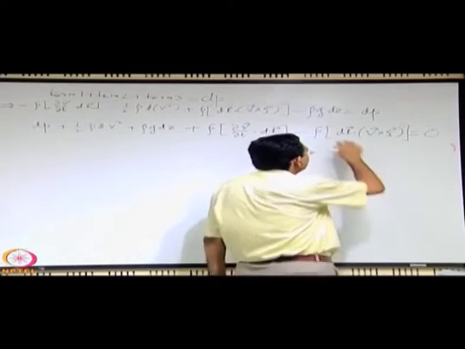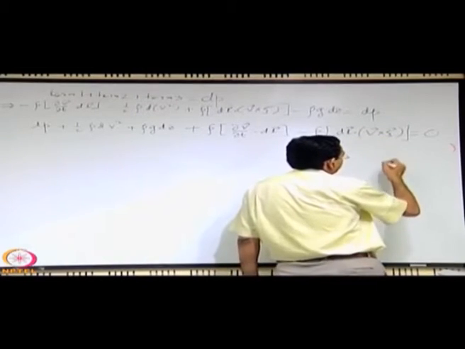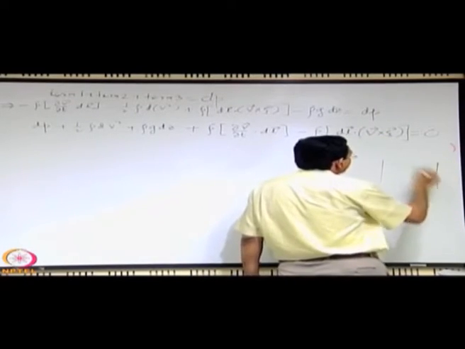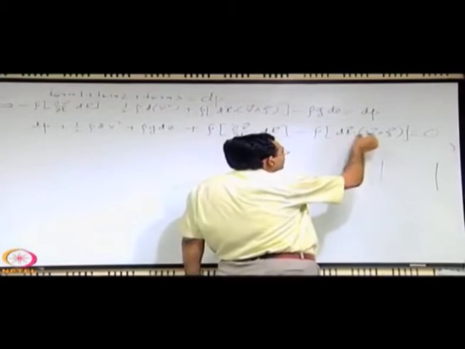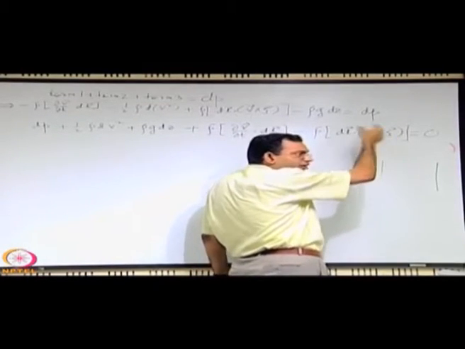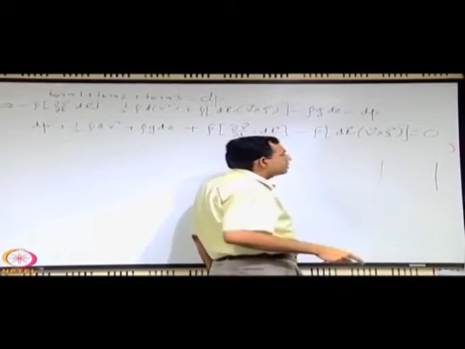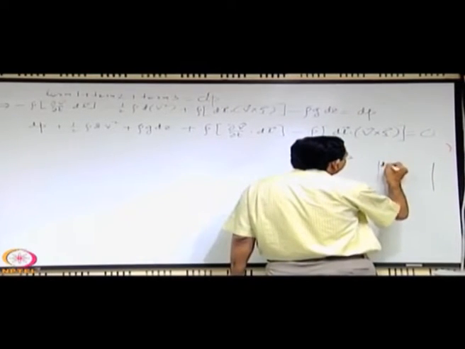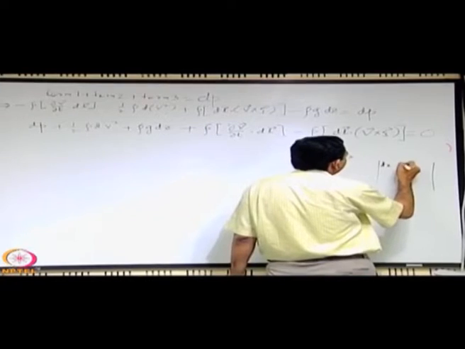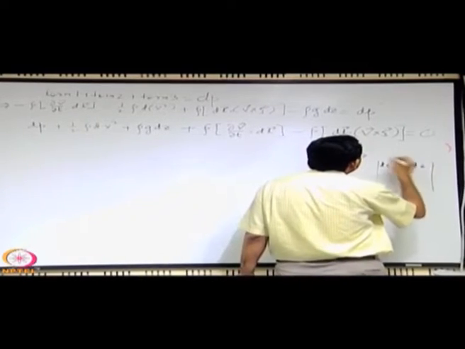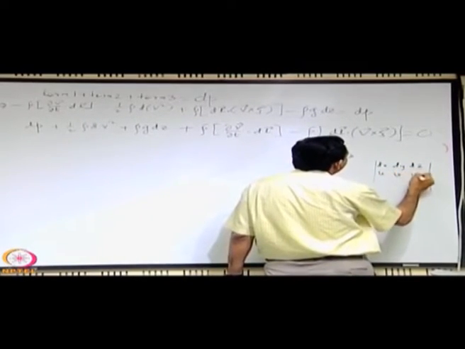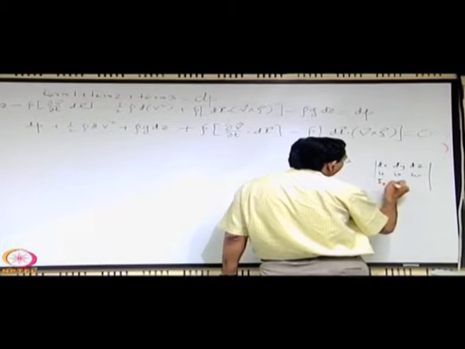What are the cases? If you write it in a determinant form, when you have such a scalar triple product, you can write it in terms of determinants where each row of the determinant represents the components of the vectors taken in the particular order. So, for dl you have dx dy dz, for v you have u v w, for the vorticity you have